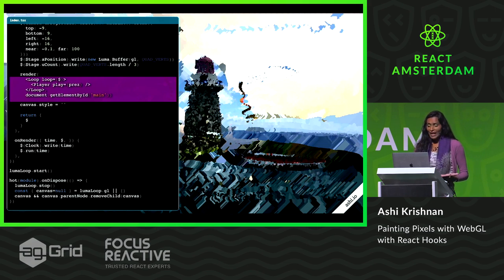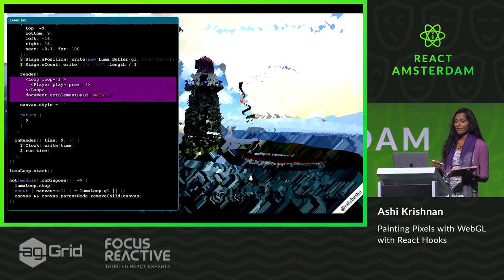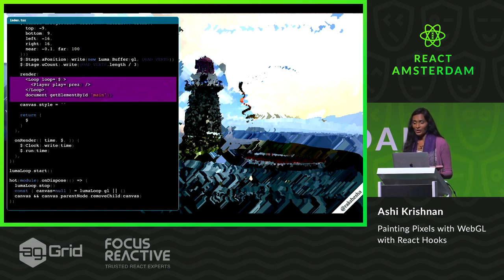So React is responsible for managing these state transitions between slides, between scenes. But then for managing the WebGL objects within a scene, I didn't use React, mainly because every time I've tried to use React for something like this, I started to regret it immediately before the presentation. And it turns out that I kind of regret doing this immediately before the presentation, so maybe I just regret giving talks right before I give them. But